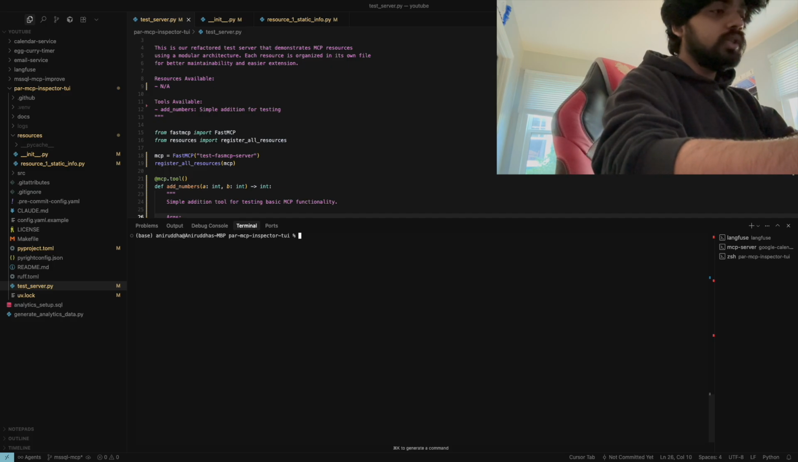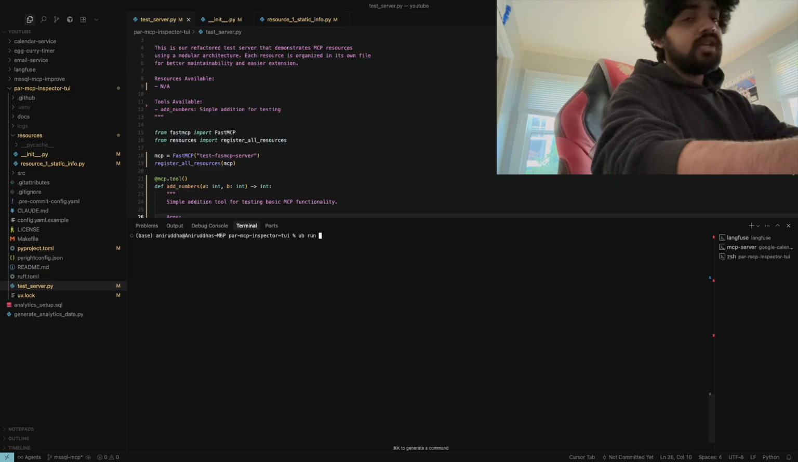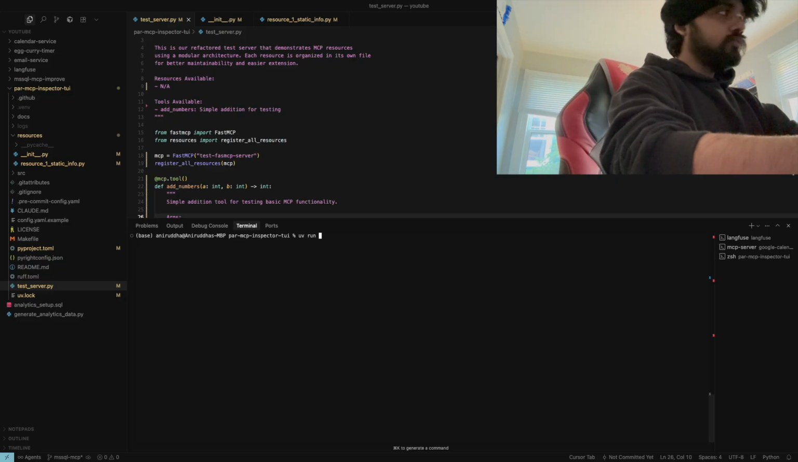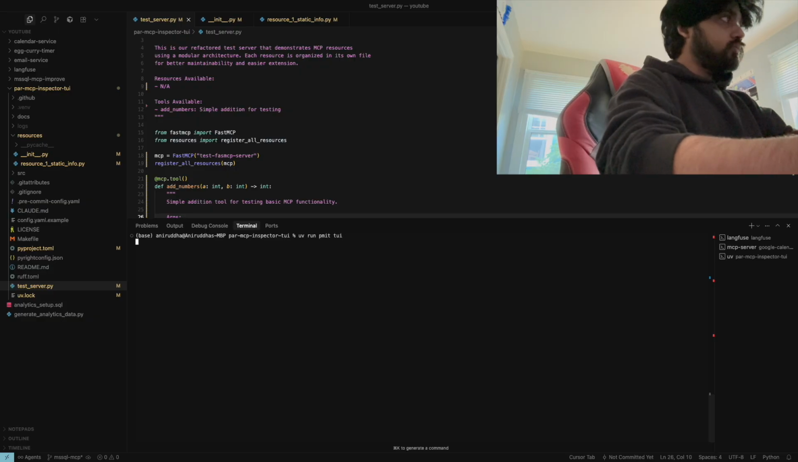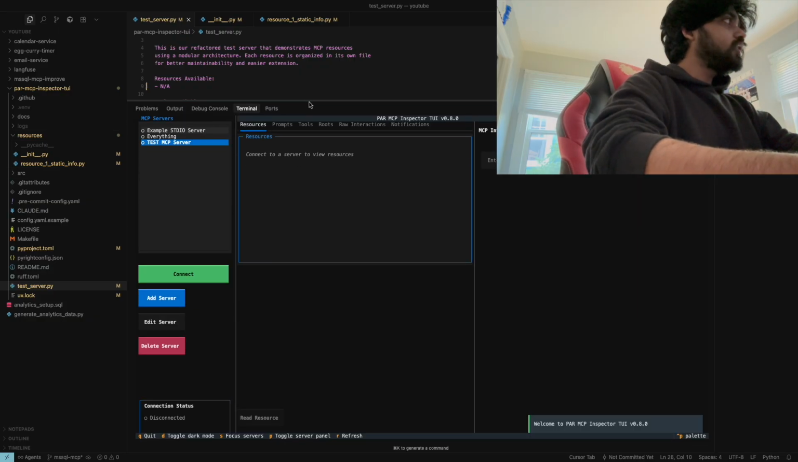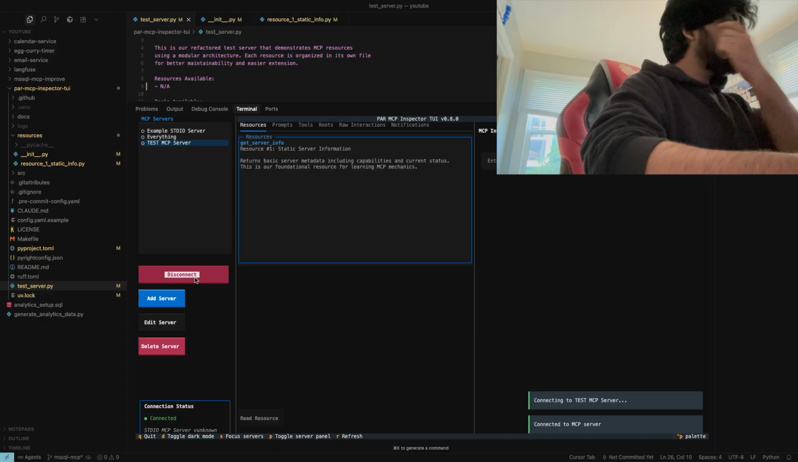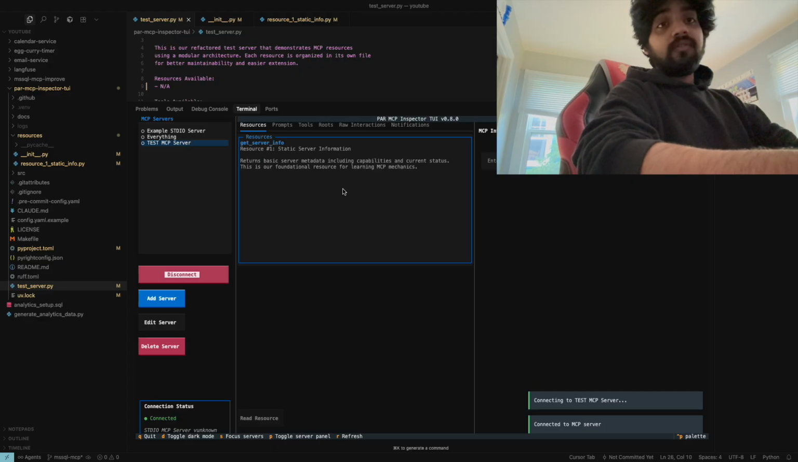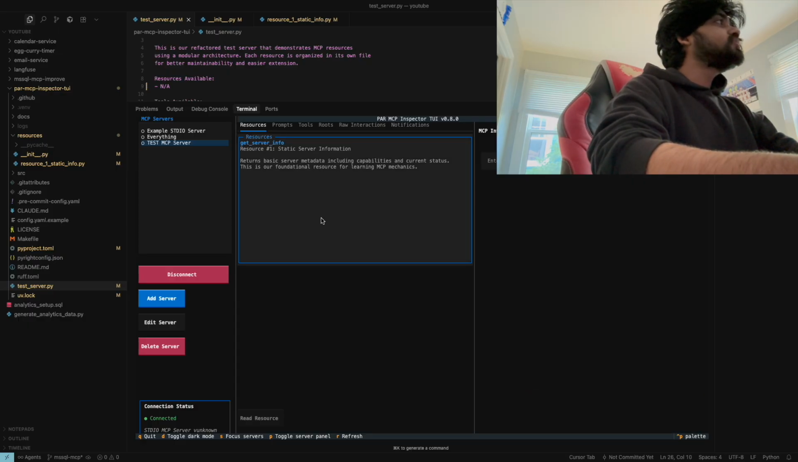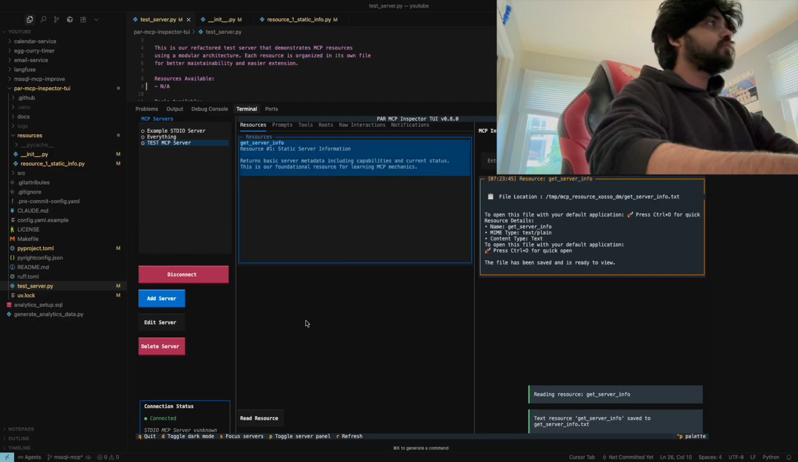Now let's run the tool to confirm that we can see and use our resource. So uv run. Now let's try connecting to the test MCP server, connect. And now you see we have a resource, which is what we were looking for, right? So if we click on the resource and try to read the resource,